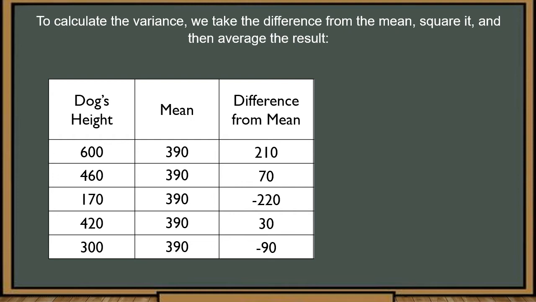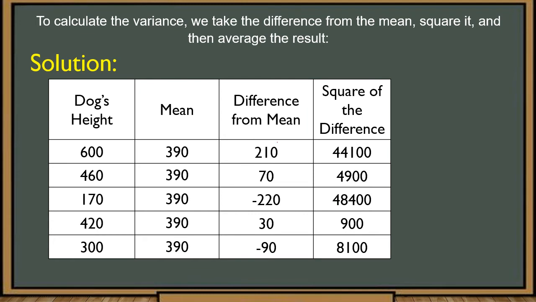So next, after getting the difference from the mean, we are going to square each difference and then average the results. So we're going to get the square of each difference from the mean. For example, 210 squared. This means 210 times 210, which is equal to 44,100. You can check that